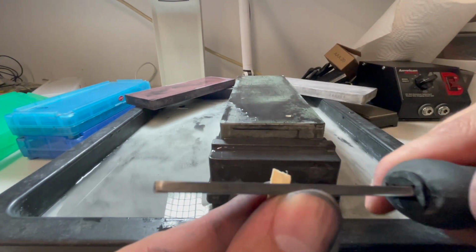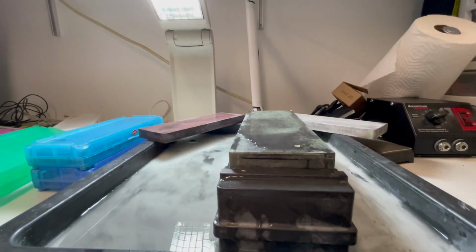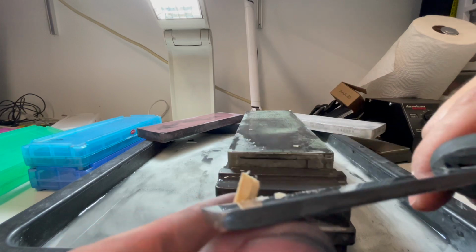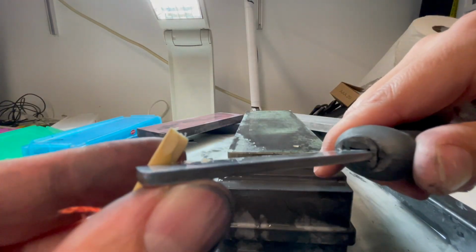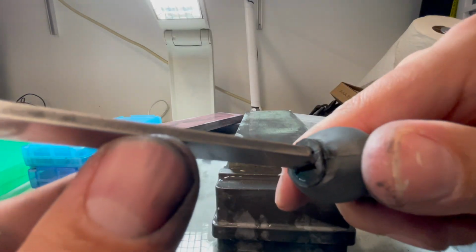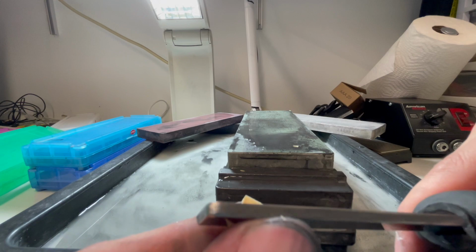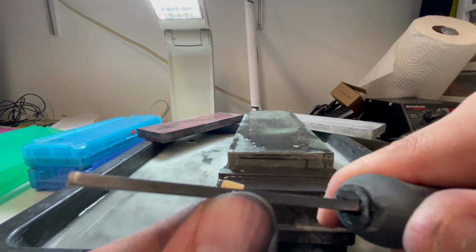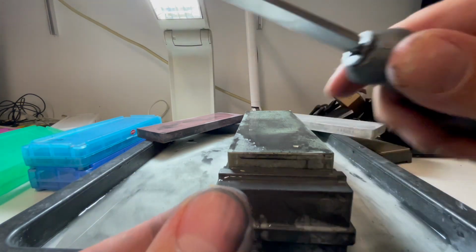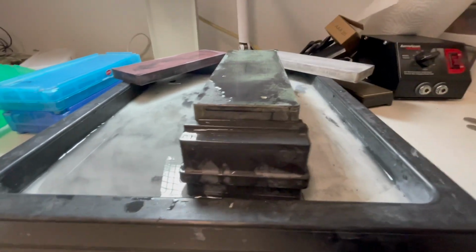See there? I guess you can't see all the goodness here. Let me see if I can angle it up for you. Oh boy, there we go. Let's see if that does you any better. Oh boy, I need my other stand for this. Well, I'm good at cutting the reed right in half when I'm looking through the camera like that. But needless to say, it has a very nice burr on it and is doing exactly what we'd expect a